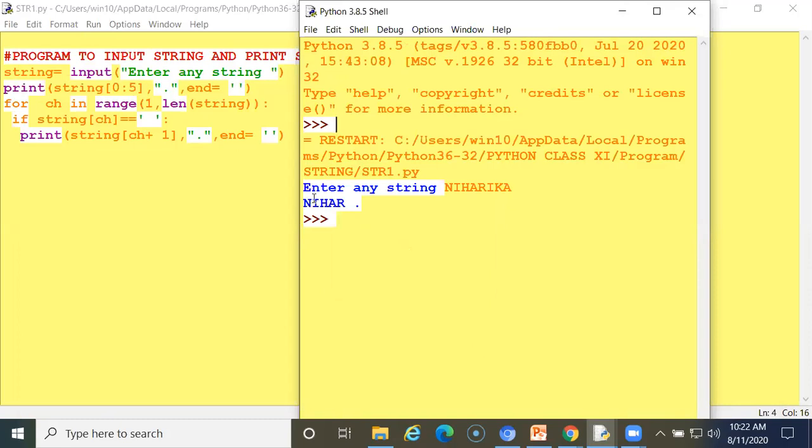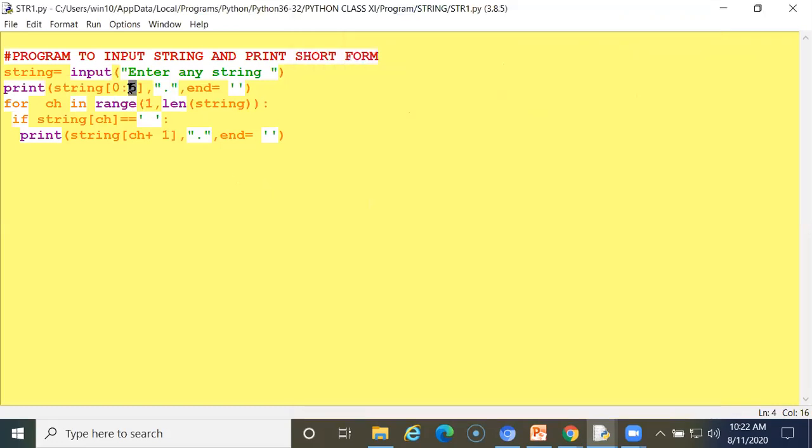So 1, 2, 3, 4, 5 characters will be printed, and in the full name it will print 5 characters beginning with 0. So the starting position will be 0, that is n at the starting position 0, i in the first position, h in the second position, and a in the third position. Whatever value I change here, if I put 2, only the first 2 characters will be printed.